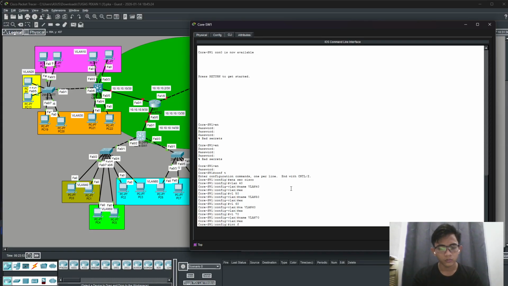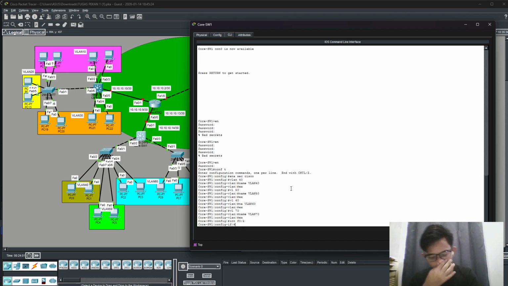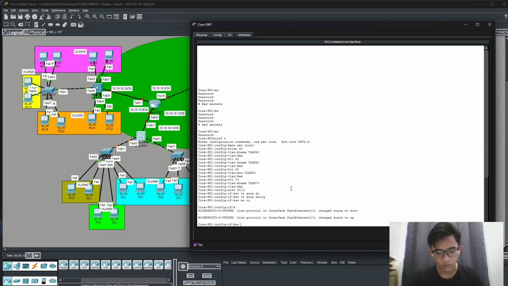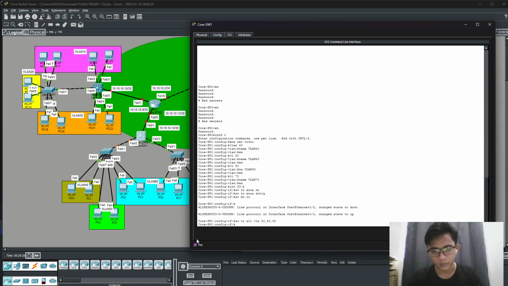Interface F0/2, switchport trunk encapsulation dot1q. Enter. So switchport mode trunk. So switchport trunk allow VLAN, because here it is 40, 50 and 60. Okay, enter.